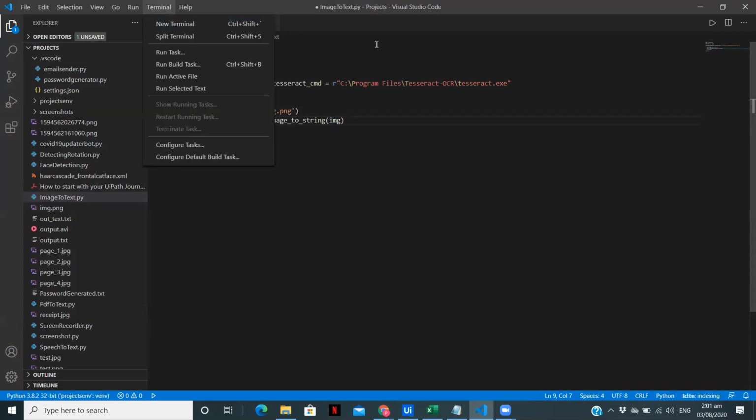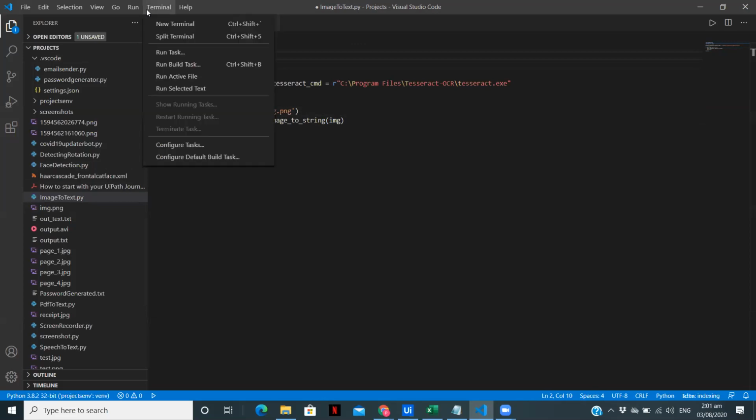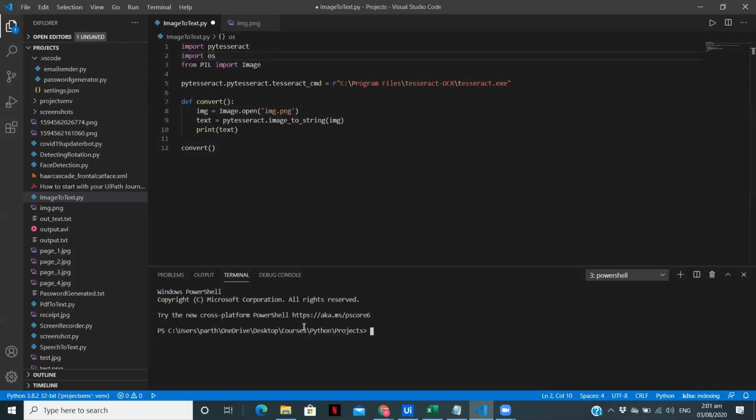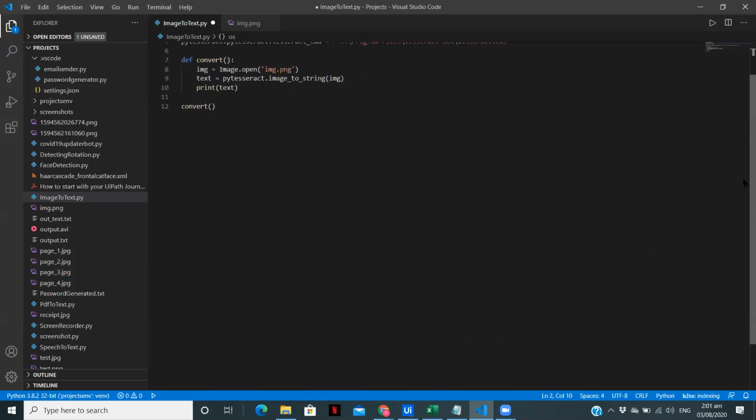Now you can't just directly import. I forgot to mention that you can't just directly import all of them, you need to install them. This is the Visual Studio Code 2019 version I'm using. In a new terminal, you need to type pip install pytesseract. Since I've already installed it, I'm not doing it again. It's the same procedure for PIL. This is how you need to install them, and only then can you import them. This was the step I forgot to mention.